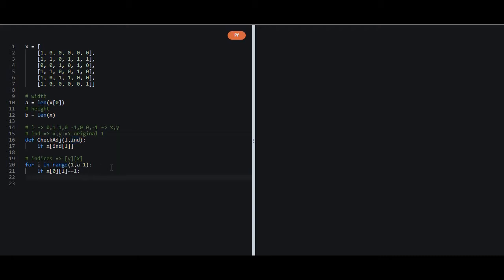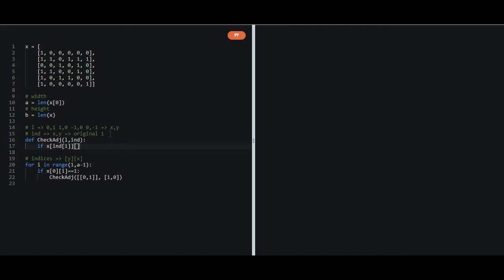Okay, let me give you an example of the input. Now we are talking about the first row, so we have to check for the ones below them. It means that the y value would be 1 and the x value would be 0 for L. L would also be a two-dimensional list, and we have to check for the downwards direction. So x comma y, x is 0 and y is 1, which means that we are going downwards. And the input format would be I comma 0. I is the x-axis, as while providing the indices we provide y first and then x, but while giving in the inputs we are providing the x value first and then the y value.